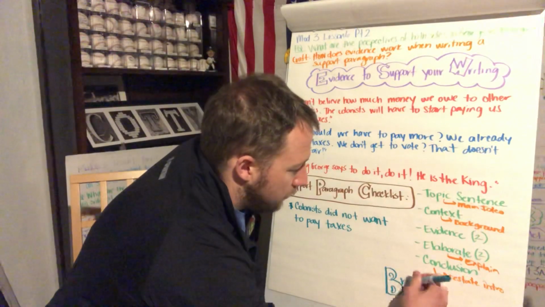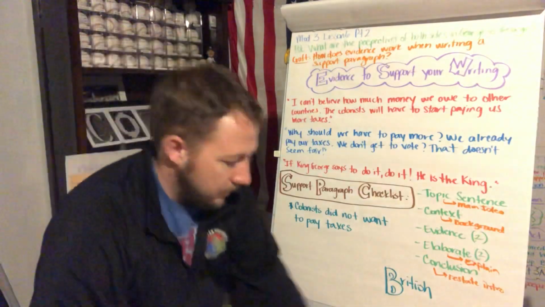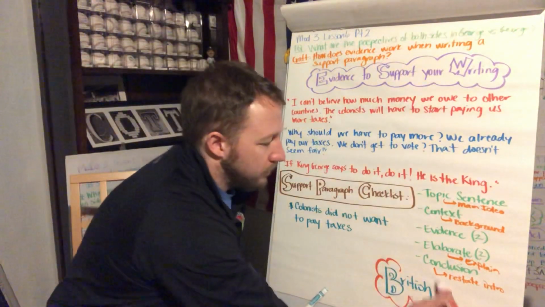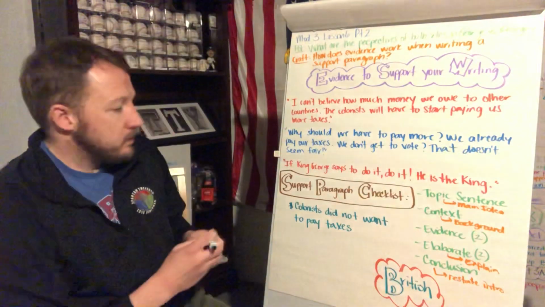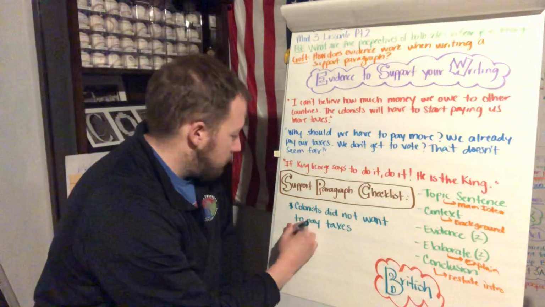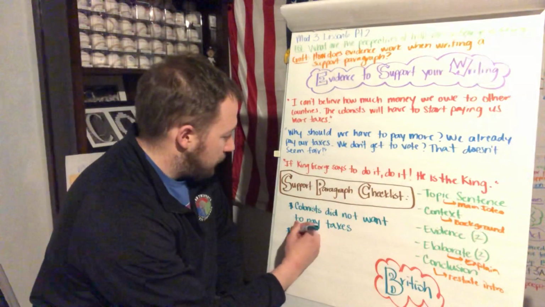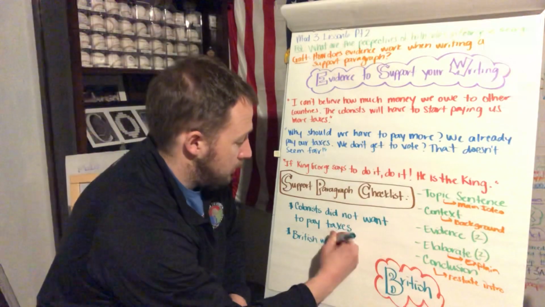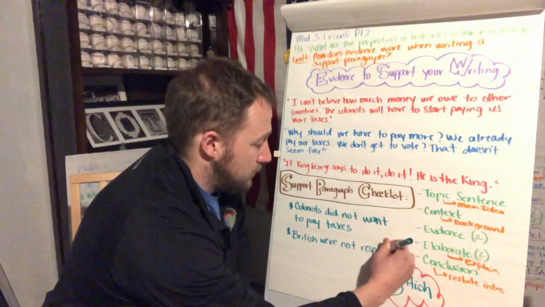And if I didn't mention this already, you guys are doing the British paragraph today, okay? And I know that should be in red because I'm doing everything for the British in red, but today you guys are doing the British paragraph to start, okay? So the colonists didn't want to pay the taxes that the king was trying to put on them. They also, the British were not respected